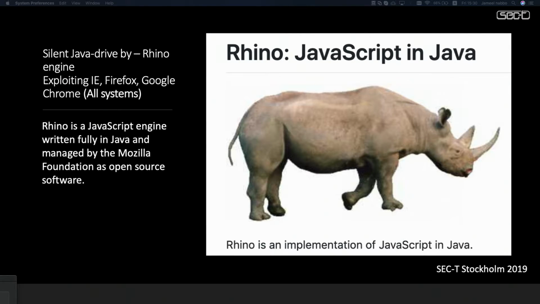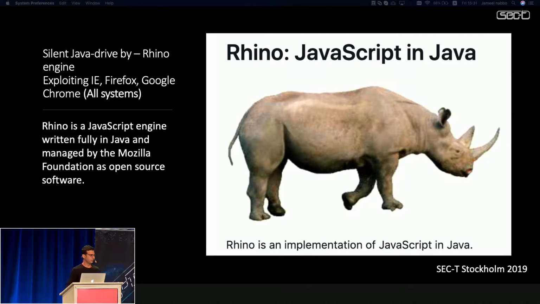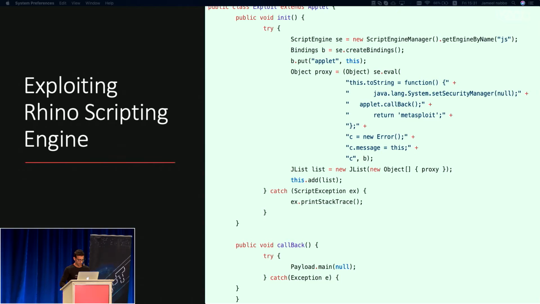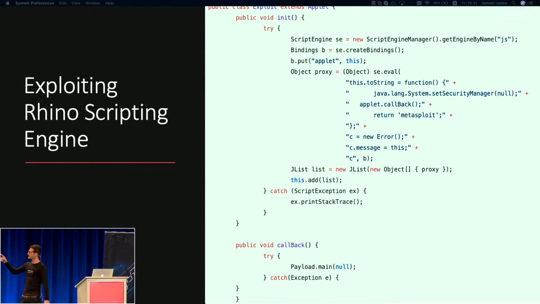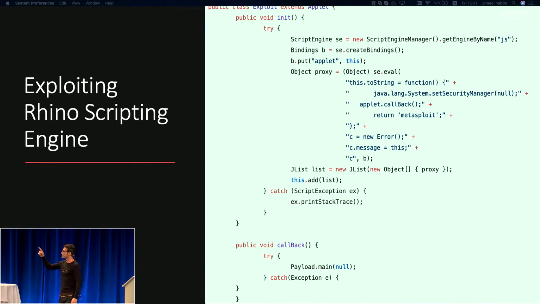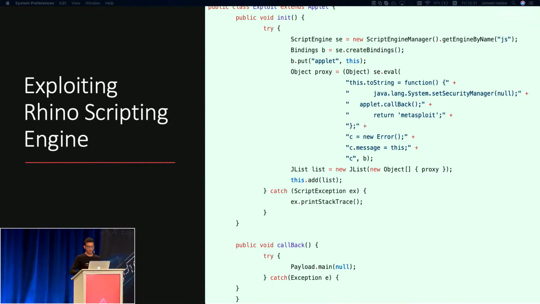Rhino is basically a JavaScript engine written in Java, which basically lets you implement JavaScript calls and this kind of stuff into Java itself, and then you build a communication channel. But it had a bug in its design where you can initialize a script engine, call the JavaScript engine, and then after that bind it into an applet. At the top, it extends an applet. So you bind into an applet, then you pass an object, and when this object is passed, you actually return an error